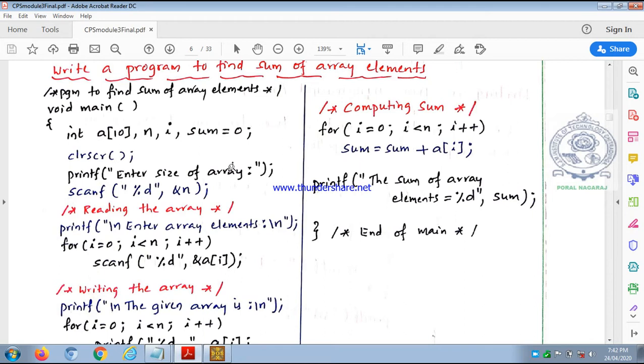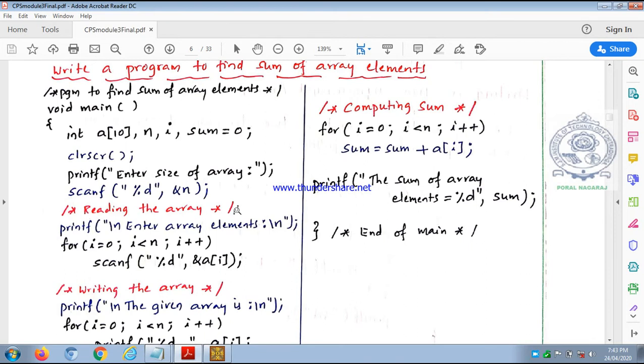Clear screen. Now first we must understand how many elements our array should contain, so you have to read or input the value of n. See, scanf("%d", &n): the number of elements to be stored in the array. If n is 4, you have to give 4 elements as array elements. If it is 5, you have to give 5 integer numbers as input. Every scanf should be preceded by a printf, that is, "enter size of the array". I need not say that.